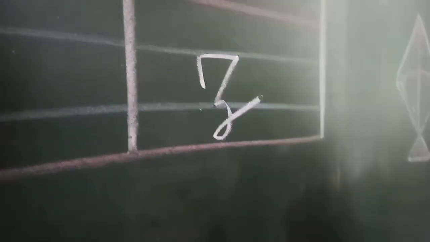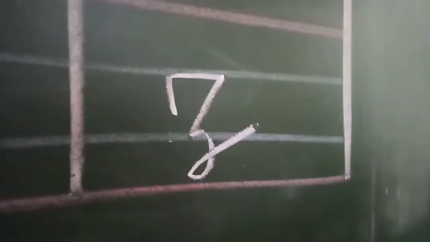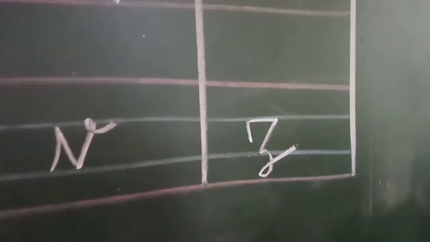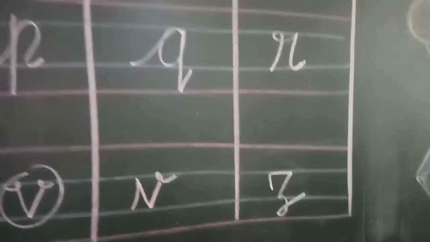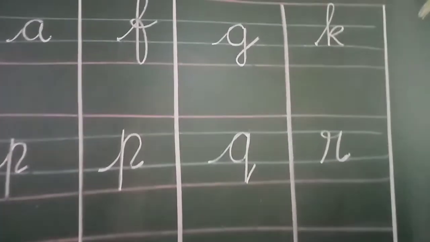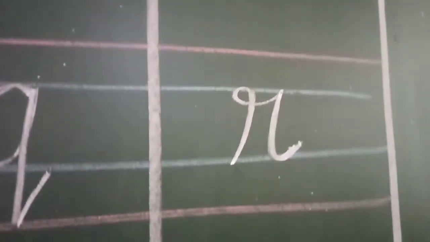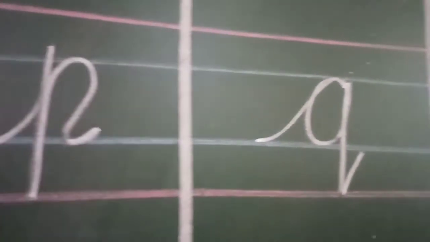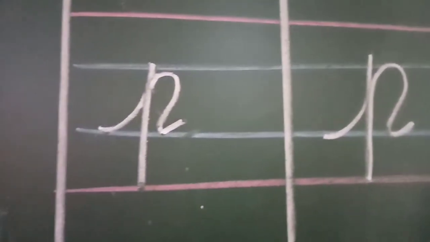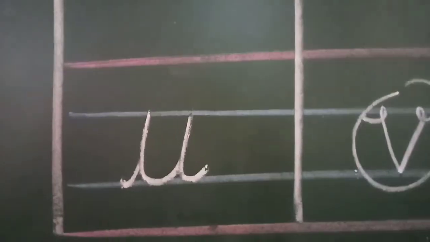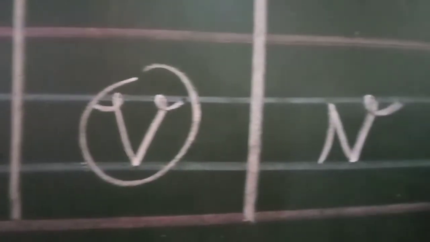This way. So do make the correction and the Z should be like this way. Do note all the corrections should go accordingly. You have to write the corrected way in the 2 blue lines, where required you have to touch the red line of the 4th line. There's one more letter.